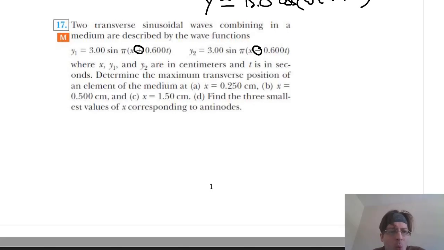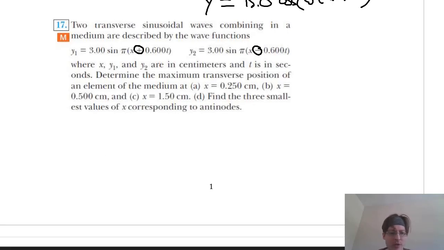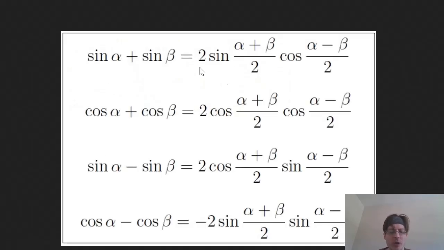That means that y1 is of the form kx plus omega t, the other one is kx minus omega t. So it's as if one of them has a negative frequency compared to the other, which means I don't use the phasor method to add them up. I would just go straight to the sum to product formulas to figure out the